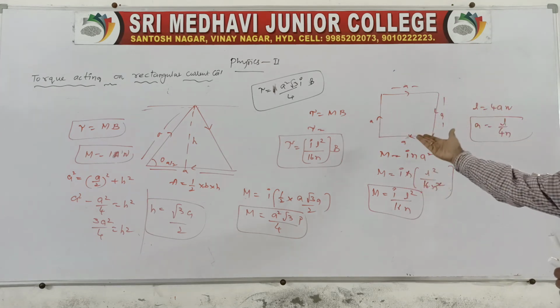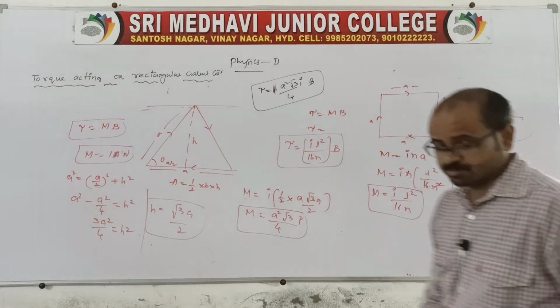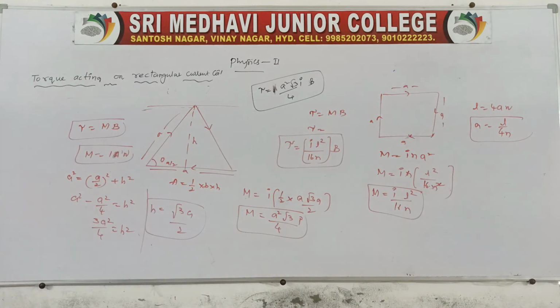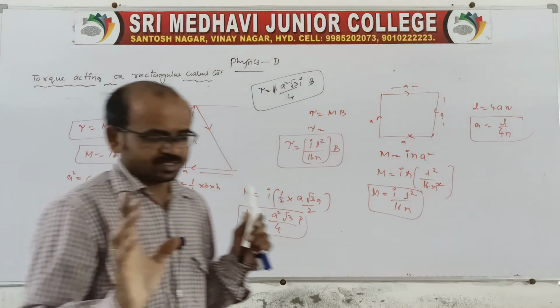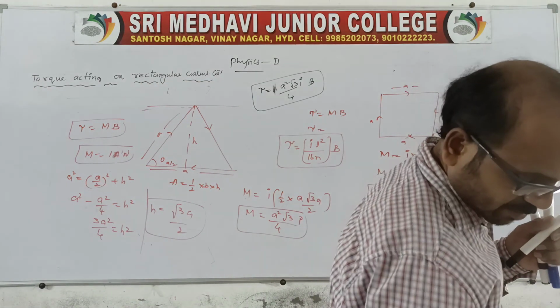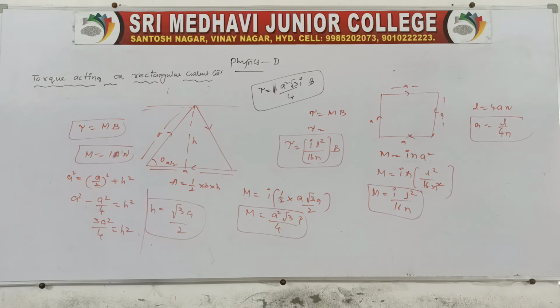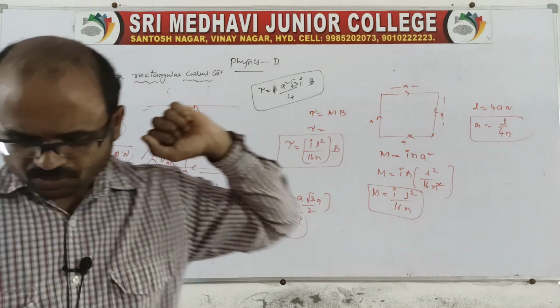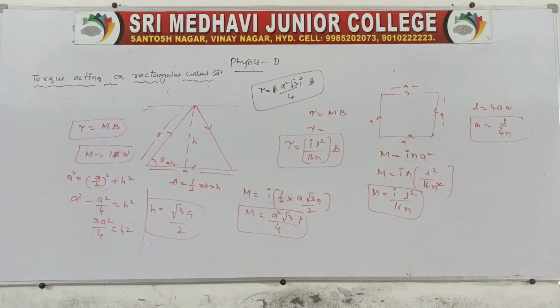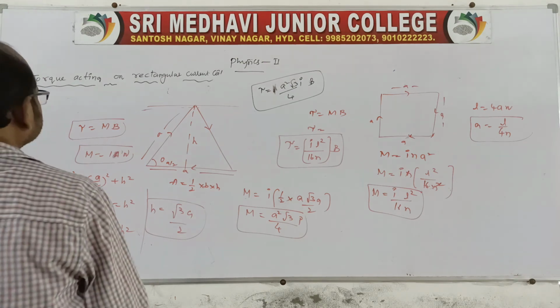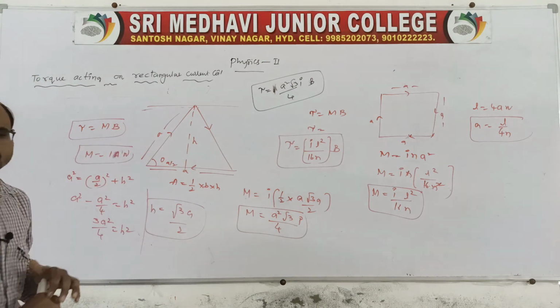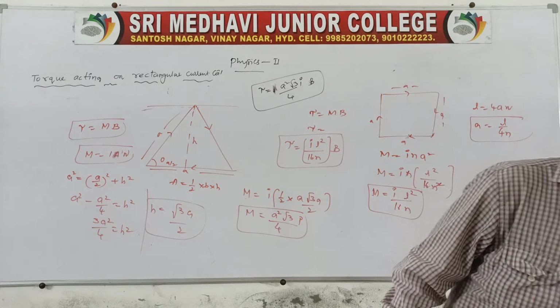Like it is a square coil suspended in a uniform magnetic field. Like we have the problem because it depends on the given coil. The shape of the coil only, it depends. Okay. So this is about the torque acting on a rectangular coil, which is very, very important, and these are the example problems related. One is the circular coil, one is the rectangular coil, one more is the square coil, one more is the triangular coil. So which carrying currents, therefore torque acting. So we need to get like this by using the formulas, right? And on the basis of this we have the problems also.